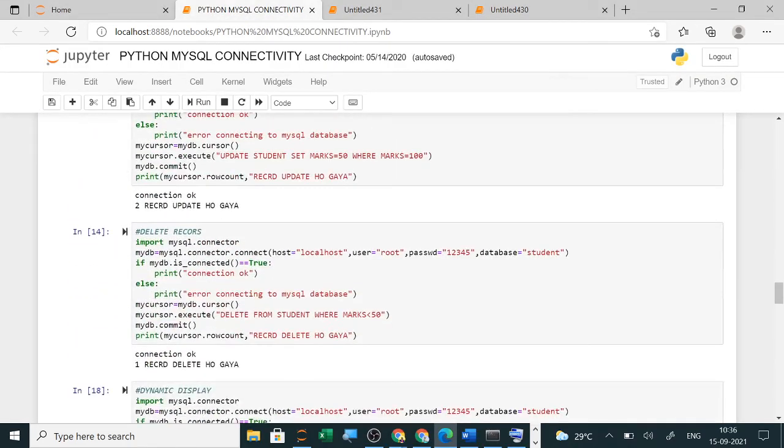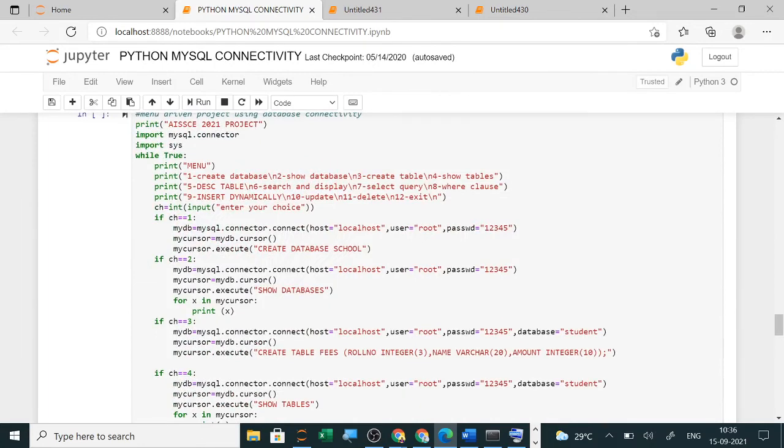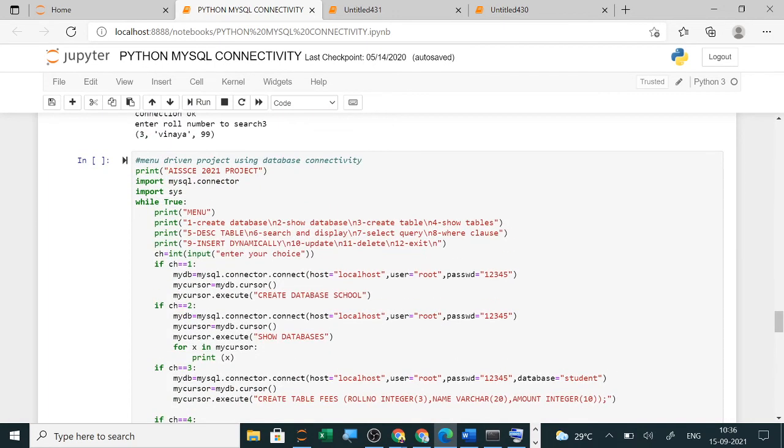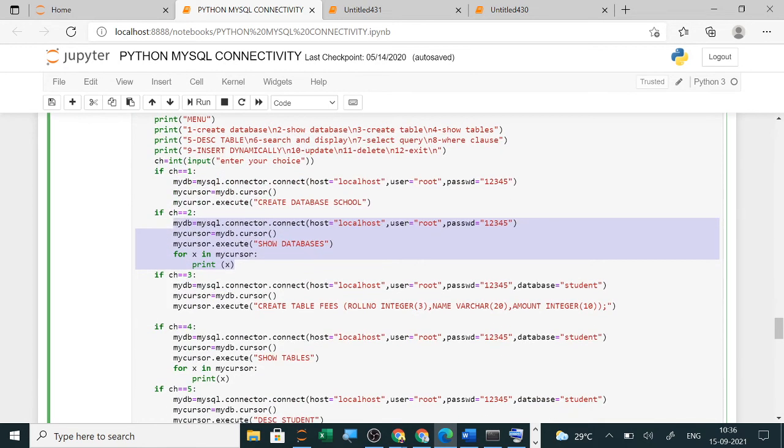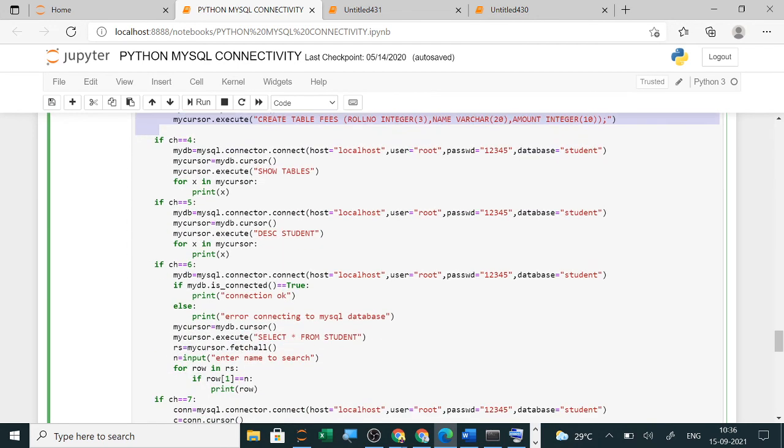Inside one menu only create database. Then you copy paste the connect cursor execute and show database. Then again connect cursor execute create table. Clear? So like this it is going on.